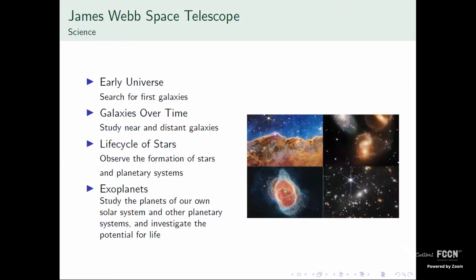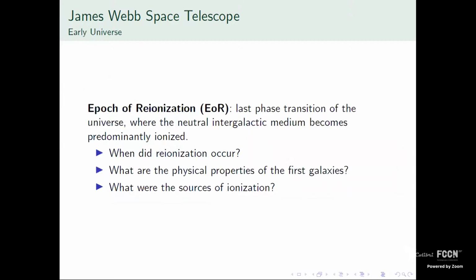But now, talking about the science surrounding Webb, there are 4 broad categories that Webb is focusing on. We have the early universe, we have galaxy evolution and formation, we have the life cycle of stars, and then finally exoplanets. And now we'll explain things in a little bit more detail. So in terms of early universe,